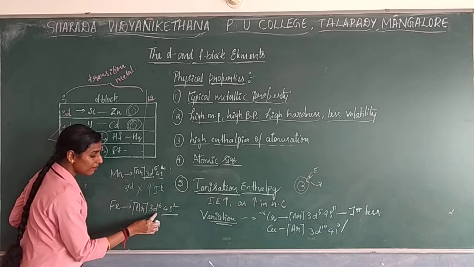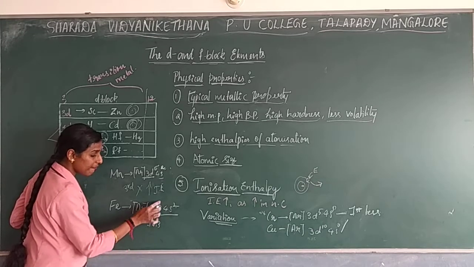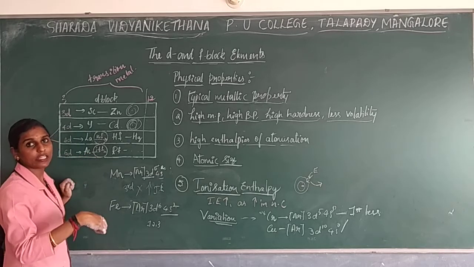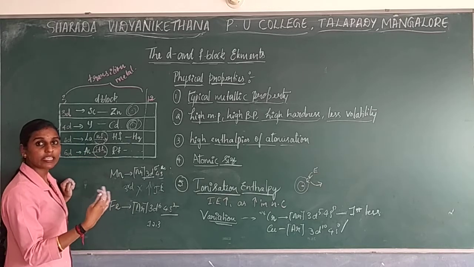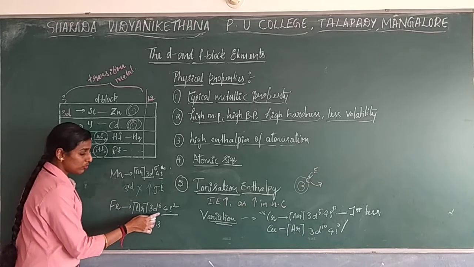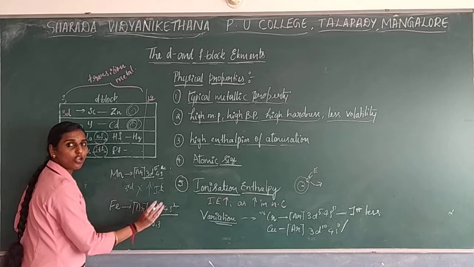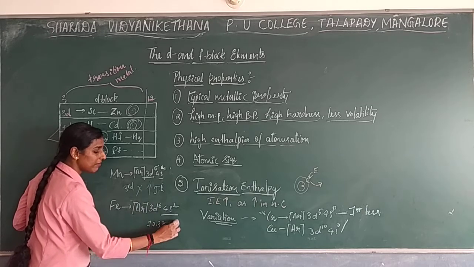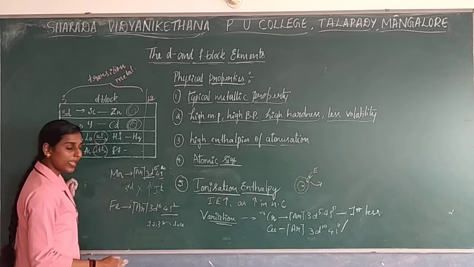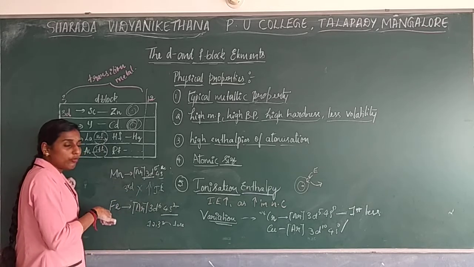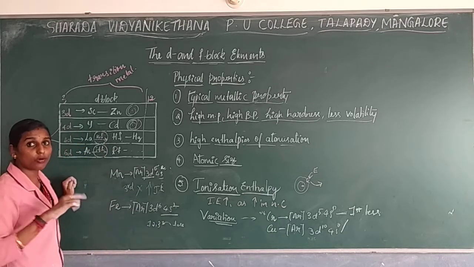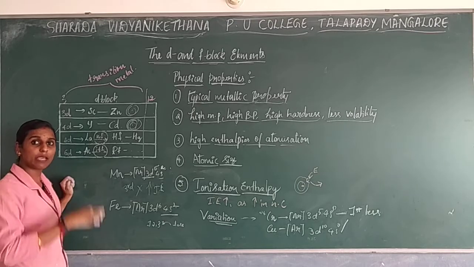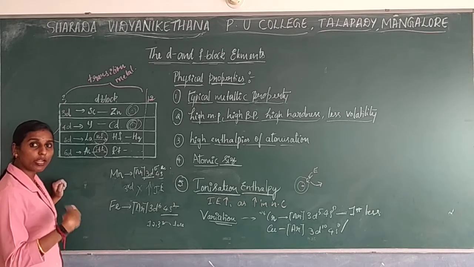So when you remove them, what will be the electronic configuration? Argon 3d5 it will get. 3d5, 5 in the sense it will get a half-filled shell. Half-filled means extra stability. So to get that stability, it will easily lose those 3 electrons. So the amount of energy you need to give for this will be lesser. Next, if you want to remove another electron, you need to give more energy because you are removing it from a half-filled, stable shell. For that reason, you need to give more energy.